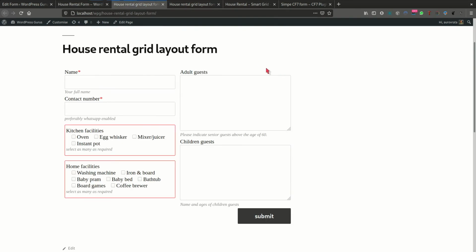With the smart grid layouts, a much more compact form is possible. And this was the form that I completed at the end of the last video tutorial. Now, what I want to explore in this video is dynamic drop-downs. In this case here, you can see that I had set